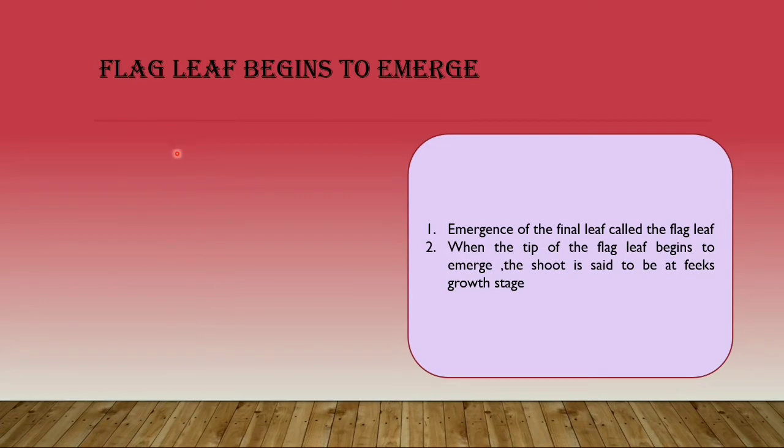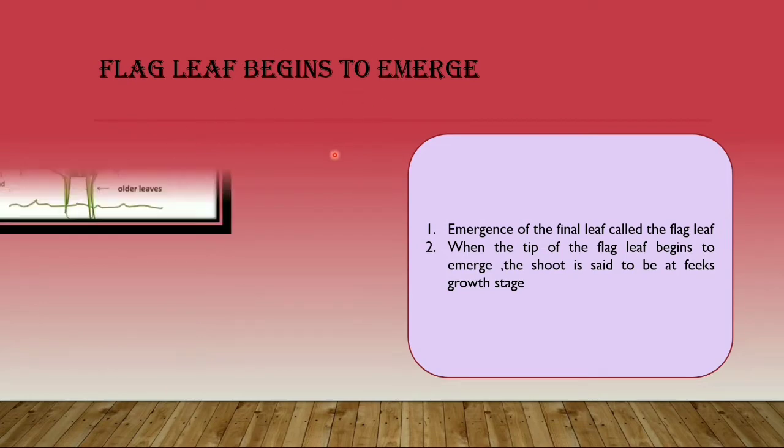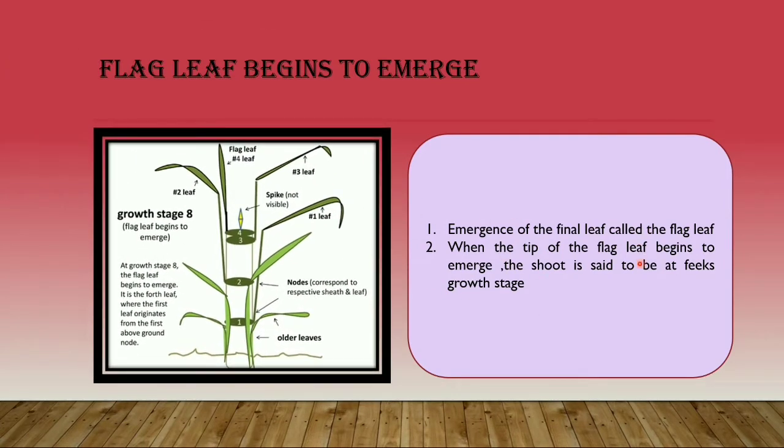Coming to the flag leaf begins to emerge stage, the emergence of the final leaf called flag leaf. When the tip of the flag leaf begins to emerge, the shoot is said to be at peak growth stage. Coming to the next stage,